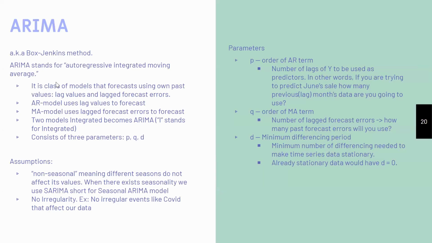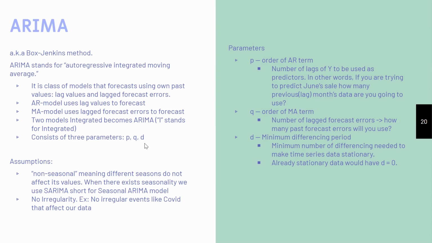Okay, so now we will talk about ARIMA. Like somebody mentioned the different parameters of P, Q, and D. So ARIMA is also known as the Box-Jenkins method. ARIMA stands for the autoregressive integrated moving average. And actually, it's a combination of multiple models. An AR model is a model that uses lagged values to forecast. And an MA model, moving average model, uses lagged forecast errors to forecast. So when you combine these two models together, it becomes ARIMA, and I stands for integrated, and it consists of